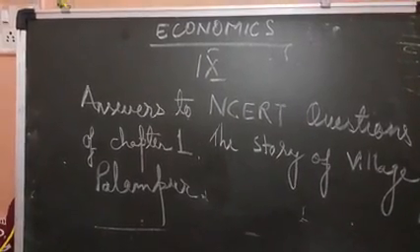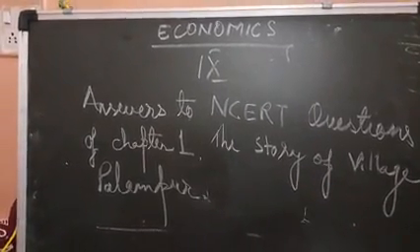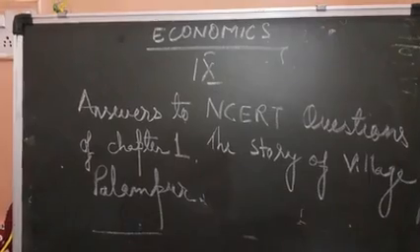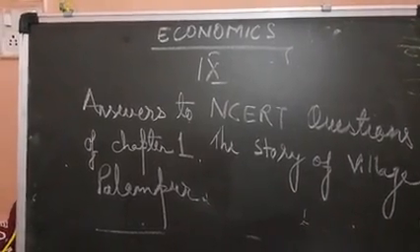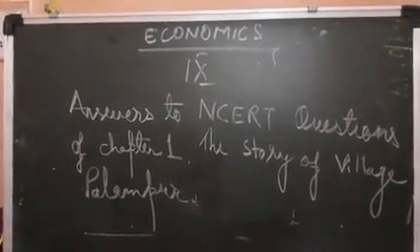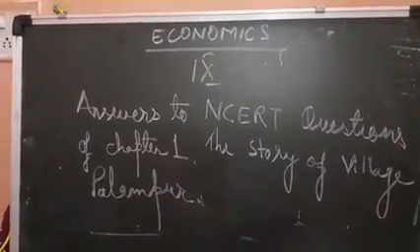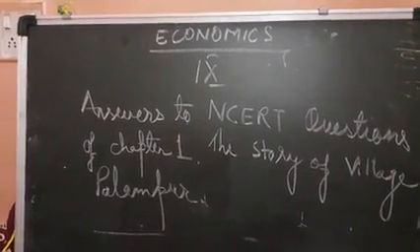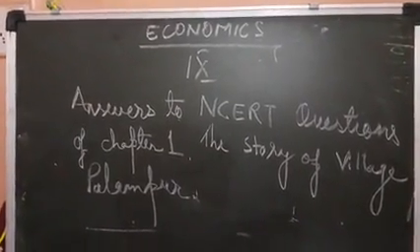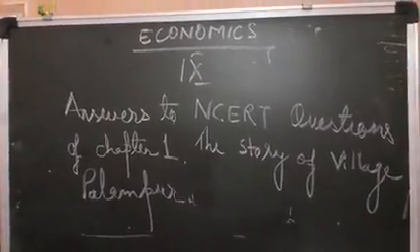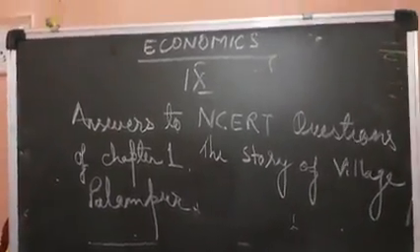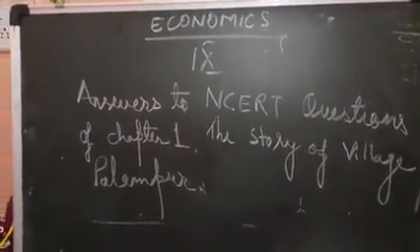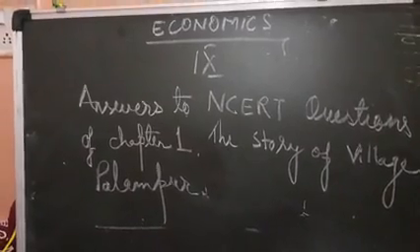Next question, is it important to increase the area under irrigation? Answer is yes, because area under irrigation means the more area you irrigate, the more crop you can cultivate. By having a supply of continuous water, farmers can grow multiple crops a year. So it is a betterment for the farmer, and sometimes some crop does not do well, so the other crop can compensate the loss. वो उस नुकसान को पूरा कर सकते हैं.